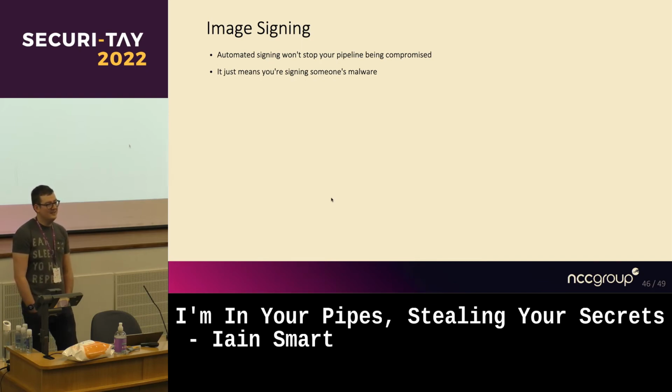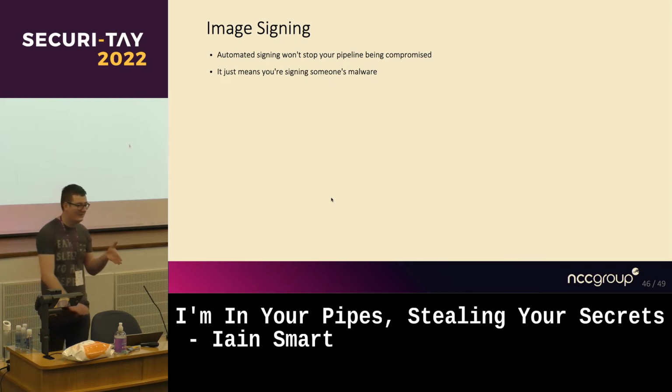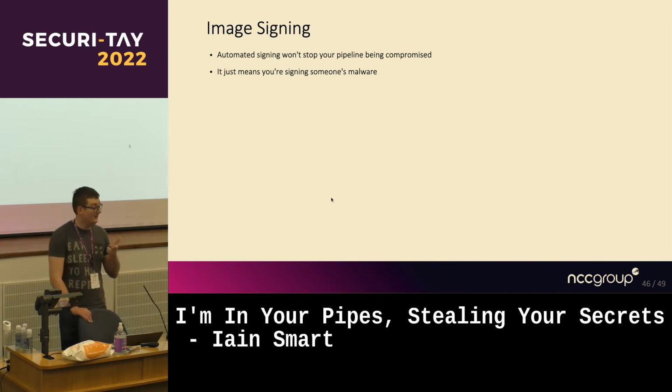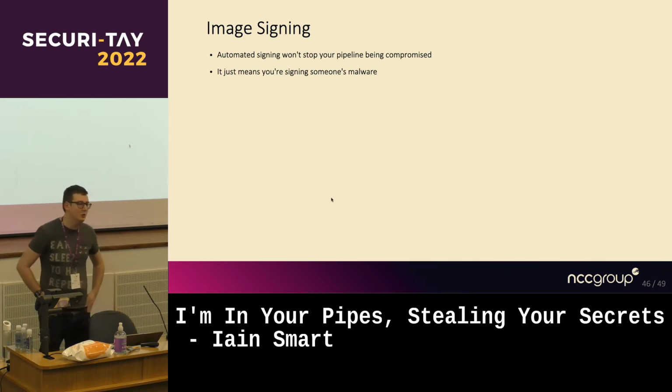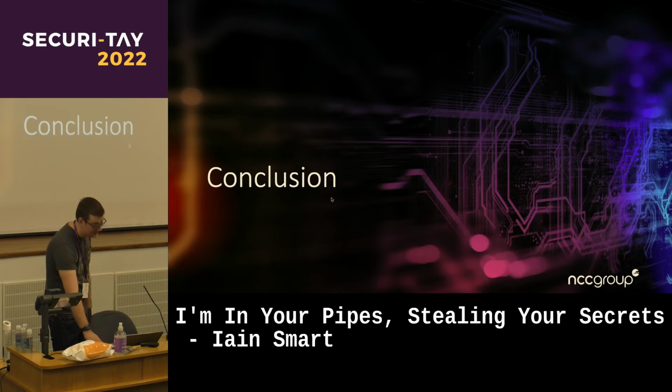So image signing is great for saying the thing that came out of the pipeline and the thing that's being deployed are the same. But what it doesn't do is confirm that the thing that came out of the pipeline is doing what you think it's doing. So again, testing, auditing, access controls, making sure that you know what your pipelines are doing and jobs are logged is super important. I don't have a slide on logging, so basically log stuff as well. Log as much as you can without making it excessive and just generating a million alerts for your SOC.